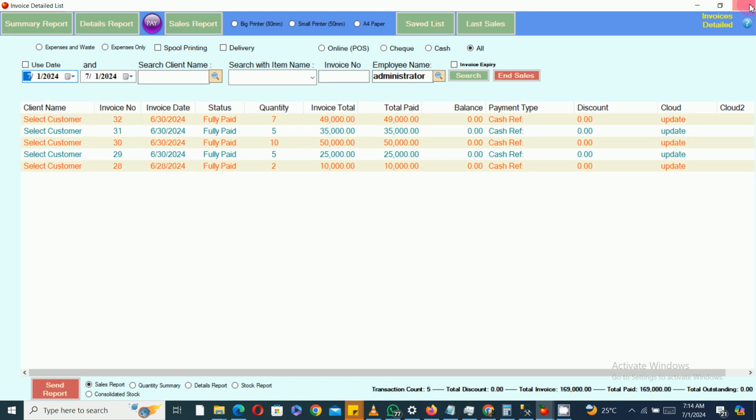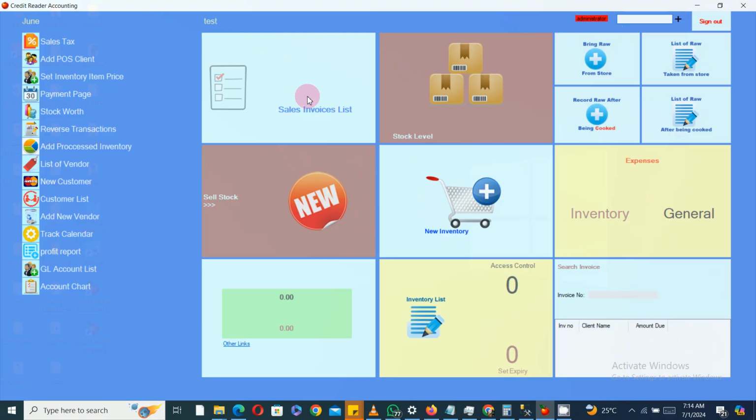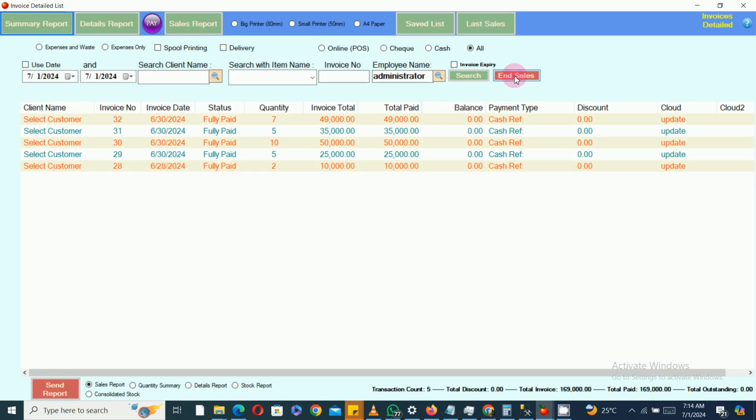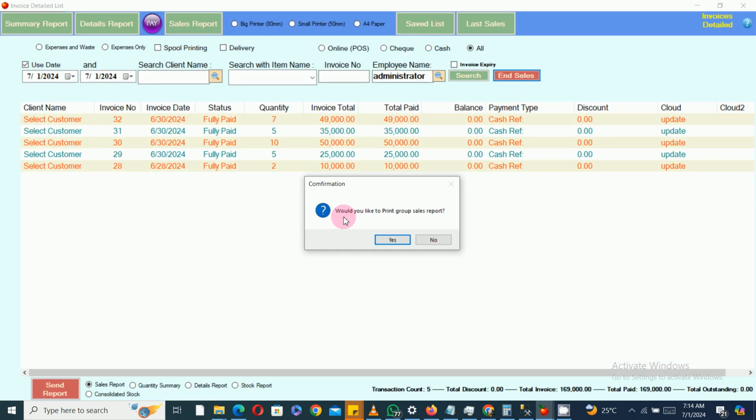So how do I end my sales? I'll just come here, click on the sales inventory, then click on end sales. The first question is going to ask you, would you like to print group reports? You can try it out and see what it looks like, but the first question is no. Would you like to print sales reports? This should be yes, except you don't want it, so you can try it out and see what that one